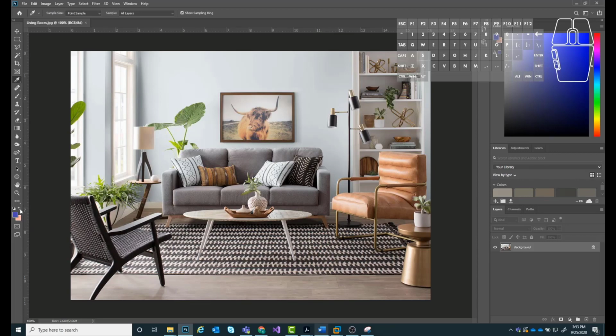Using this arrow right here, I can click on that and swap which one is my foreground color and which one is my background color. So now I have green as my foreground, purple as my background. Let's say for instance I want to start painting on top of this image, just to illustrate how these colors work. If you want to follow along, I'm going to create